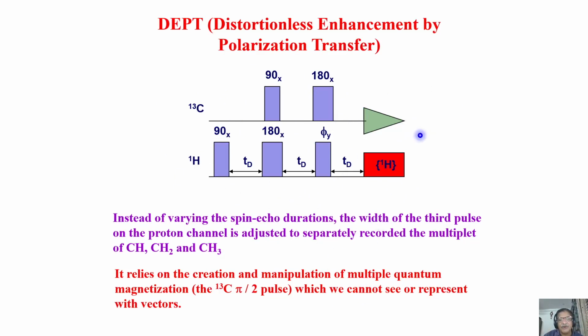The most important thing you should know is this angle. Normally we use 90-degree pulses and 180-degree pulses in all the experiments. In this sequence, this last pulse on the proton is not a 90-degree pulse. It is defined by flip angle phi. Phi is the angle up to which the magnetization is tilted. Let us say this is the magnetization along the z-axis. You can tilt the magnetization to the middle of the first quadrant.